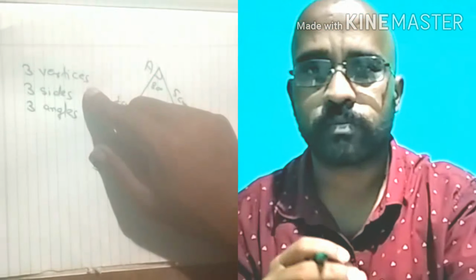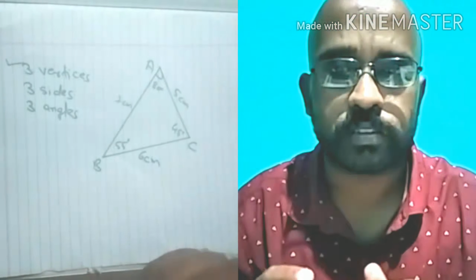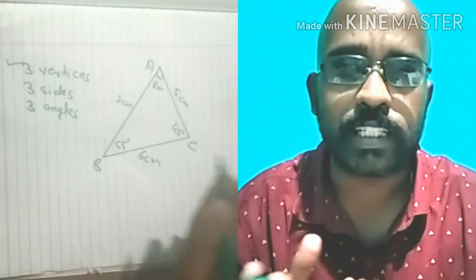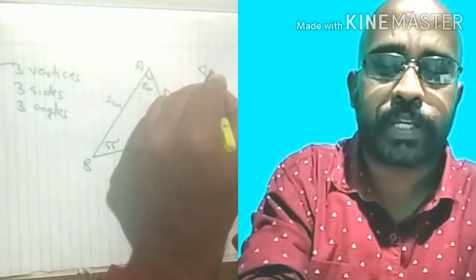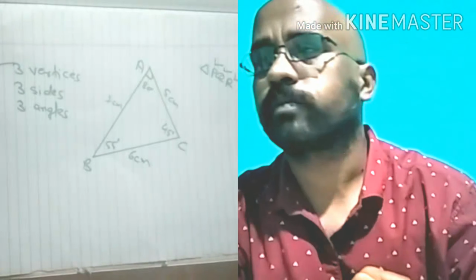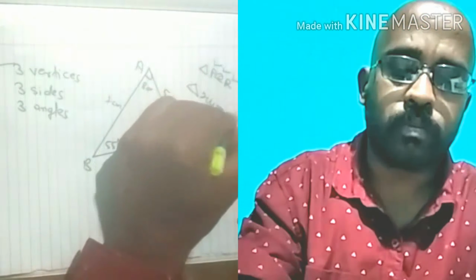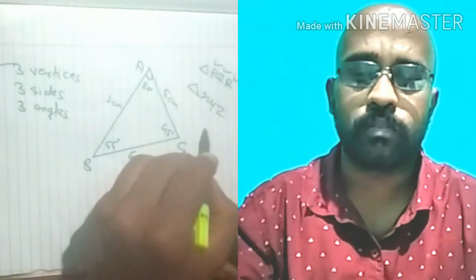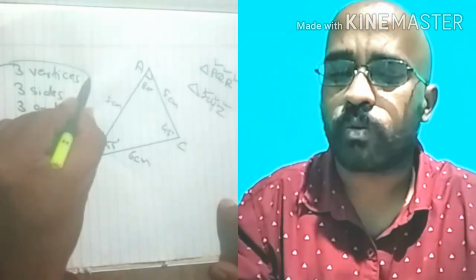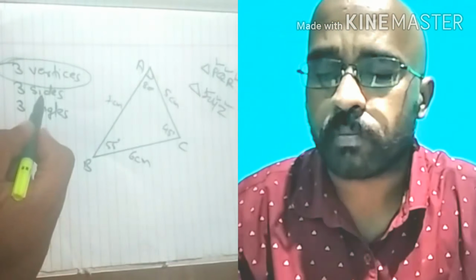Students, three vertices, definitely this information will be available by the name of the triangle. If it is said to draw a triangle PQR, easily you will know that P, Q and R are the vertices of the triangle, right? Draw triangle XYZ, means you will come to know that we have to draw a triangle having vertices X, Y and Z. So information about vertices is always available. We have to look at information about sides and angles.